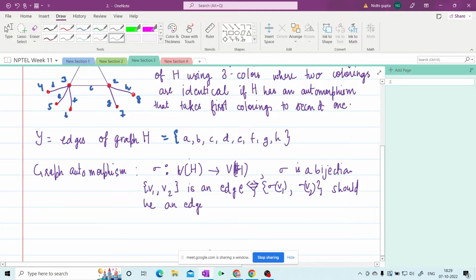So now it is easy to check first of all that any graph automorphism